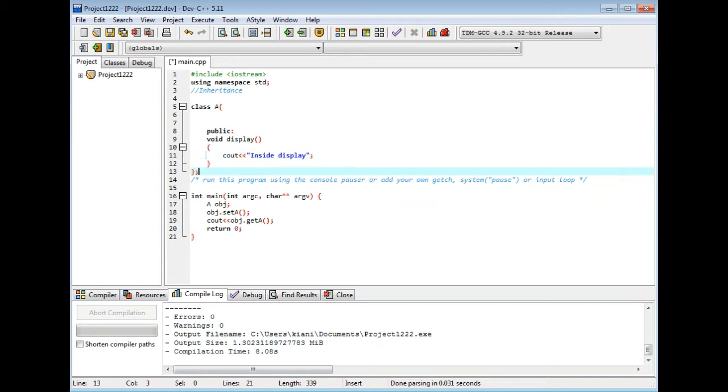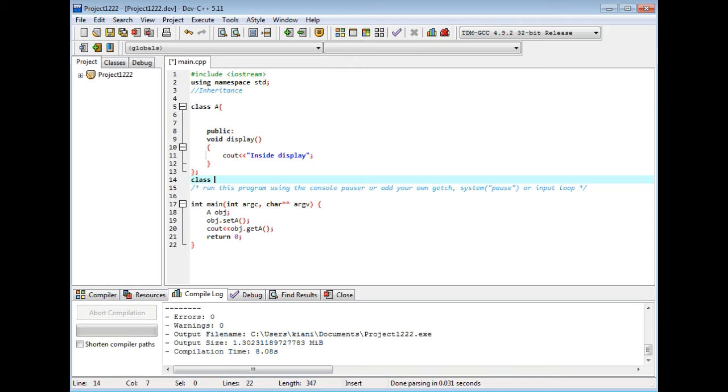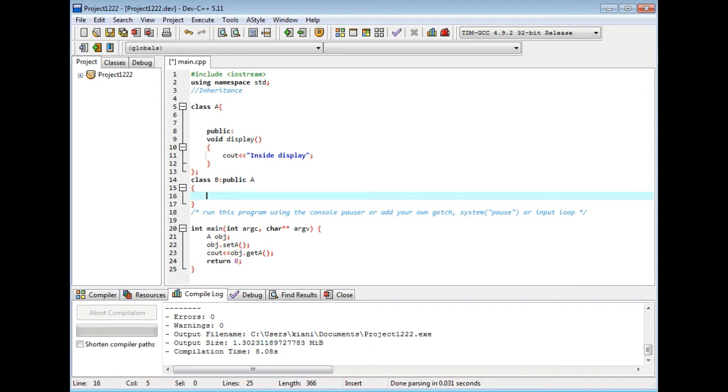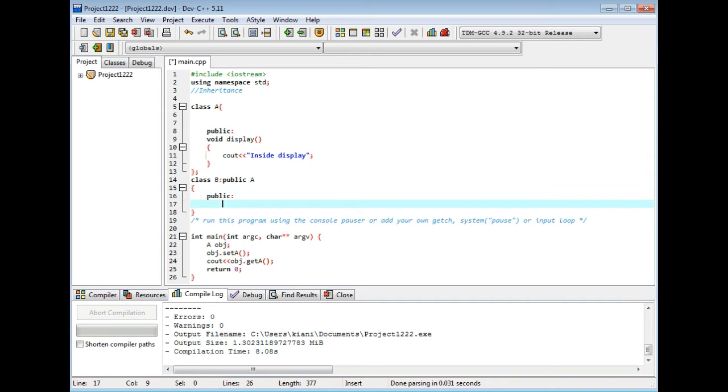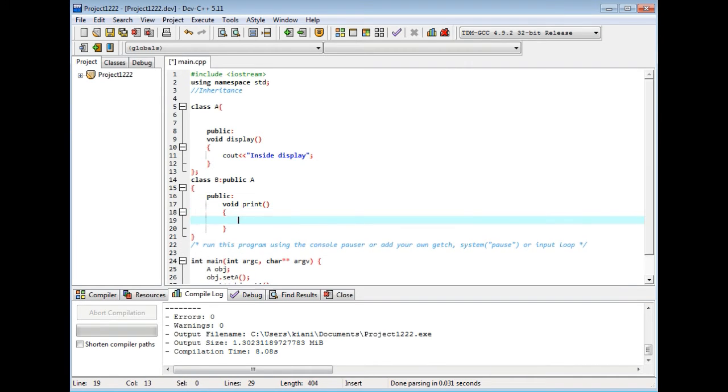Now we have another class B, and colon means inherit class A publicly, not private but publicly A. Okay, now this class has a public function, void print. Okay, void print, cout inside new line, inside print function.